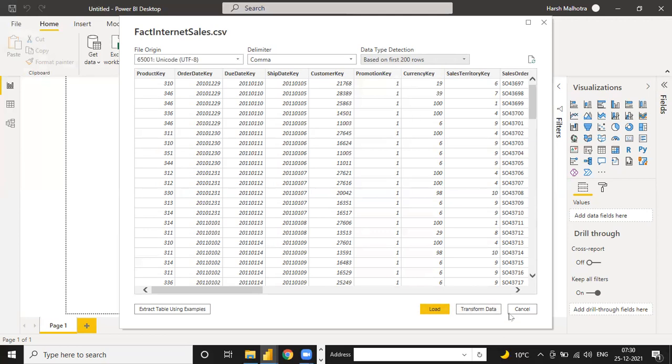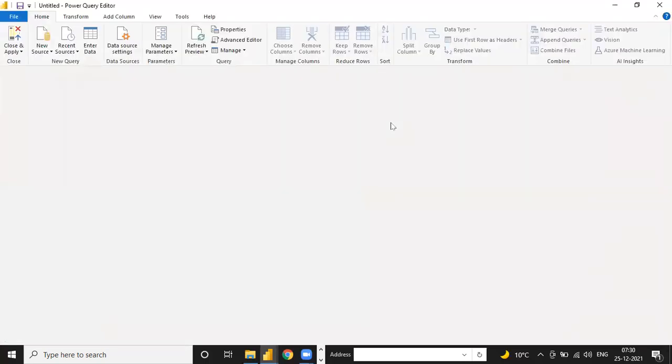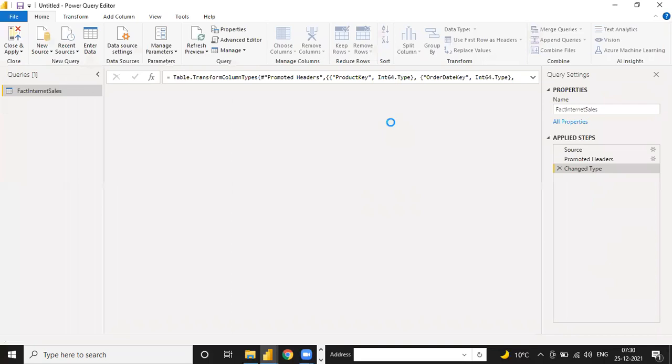Okay, so now there are three options, guys, when you select a file from Get Data. First is Cancel, which means don't select this file. Then Transform, which opens the Transform window, and Load, which loads directly into Power BI. But first I want to go to Transform. Every time you have to choose Transform, because you need to choose some columns from there and hide some columns.